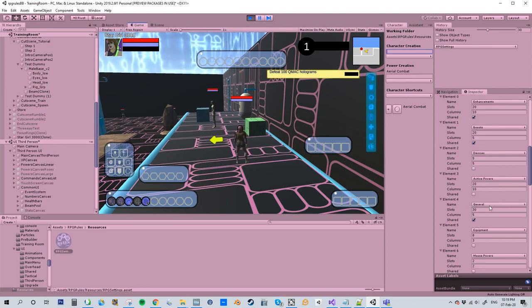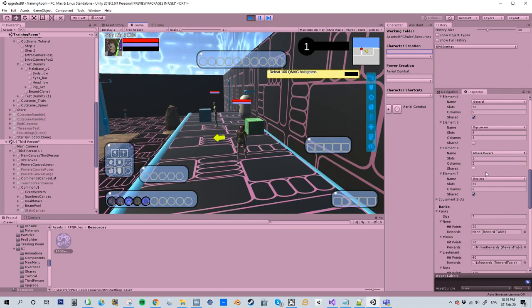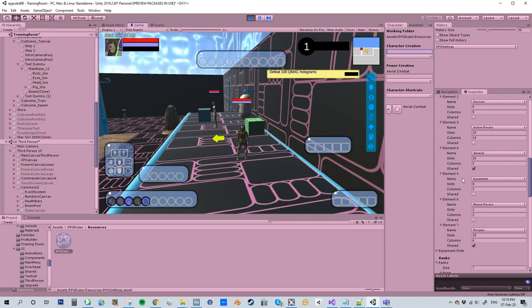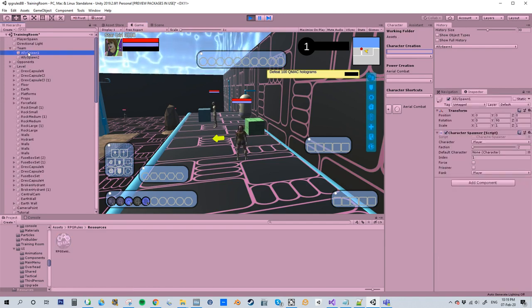We'll get to that. The general one is 30 slots. That's this big backpack here, 5 columns. Mouse powers is one we use for the overhead view. It isn't used in this UI, where you can just have a power for the left mouse and right mouse. And recipes is an invisible inventory used in the crafting thing. Now, some of these as well are ticked as shared. Let's illustrate that by